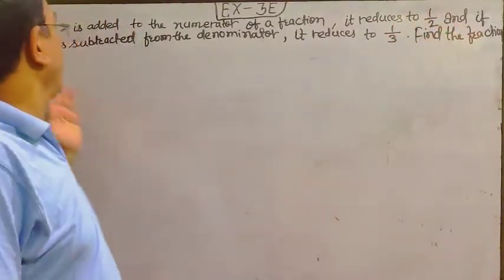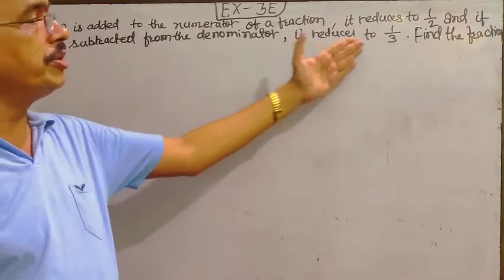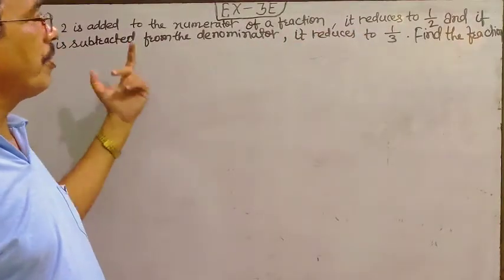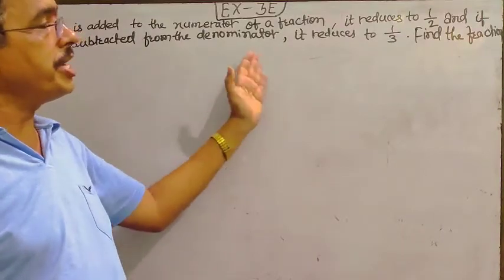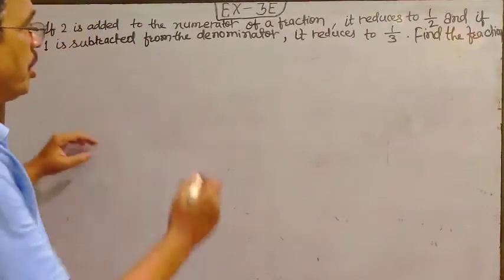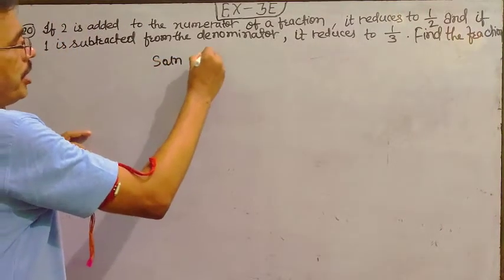Similarly, if 1 is subtracted from the denominator, then it reduces to 1 by 3. That means when 1 is subtracted from the denominator of the fraction, then it becomes 1 by 3. So your question is to find the fraction. You write here solution and write let